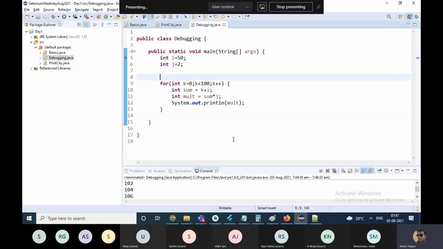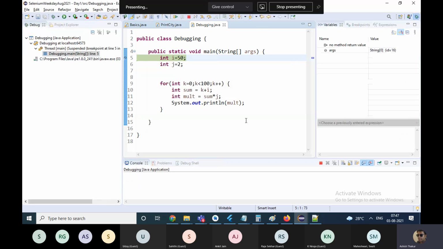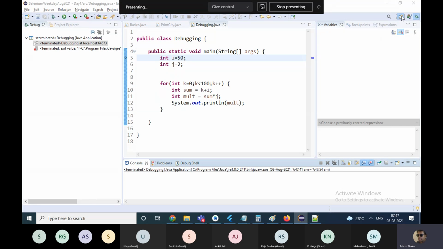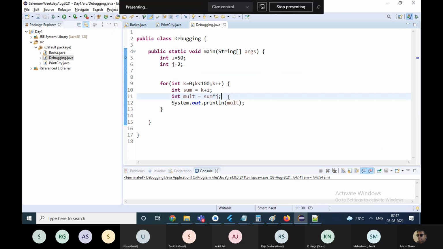When you are in the debug mode, you have a different perspective. When you click on the debug icon, it will change your perspective to the debug perspective. And when you have to come back, you can terminate the program from this red button over here on the top, and then you can come back to the Java default perspective.